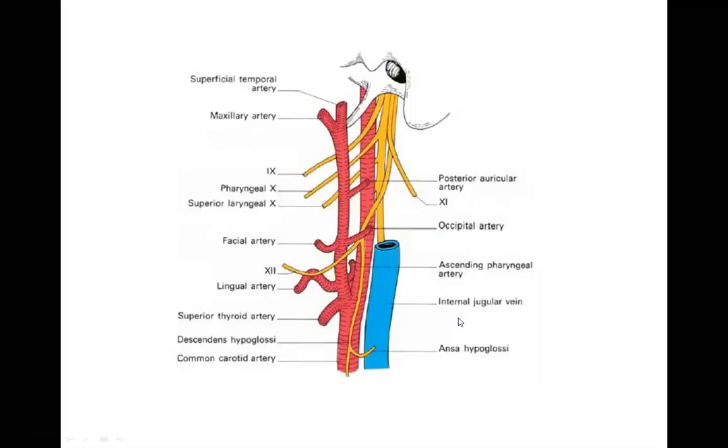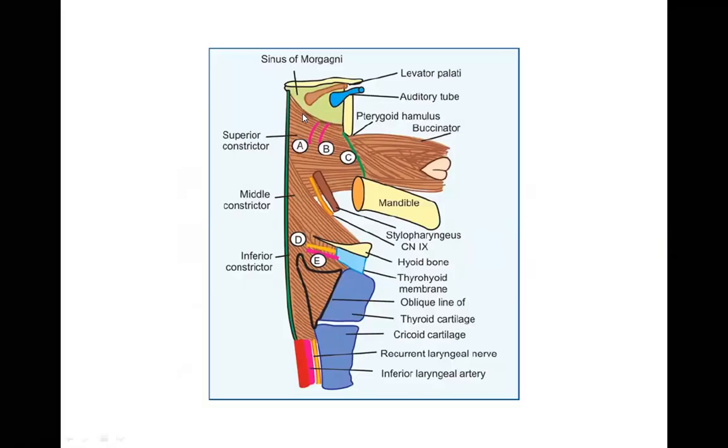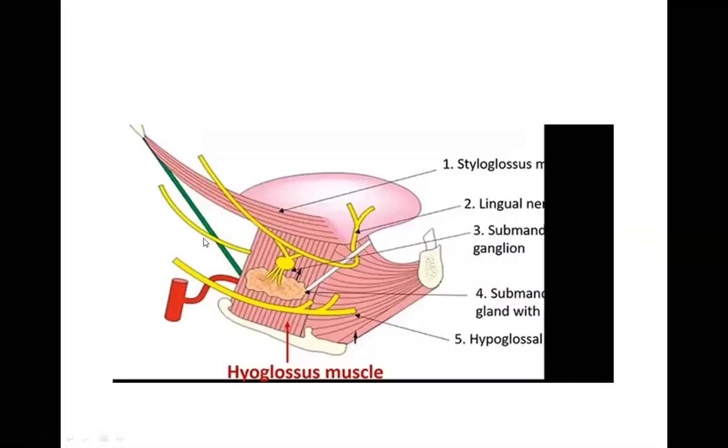This is to show that after coming out, what is the extracranial course? It passes between internal carotid and external carotid. Then you can see it passing between the superior constrictor and the middle constrictor muscle of the pharynx. You can here see stylopharyngeus and cranial nerve number 6. So basically, the glossopharyngeal nerve has a tendency to pass in between. Then you see it in the submandibular region, passing deep to the hyoglossus muscle. Hypoglossal nerve passes superior. This passes deep to the hyoglossus.